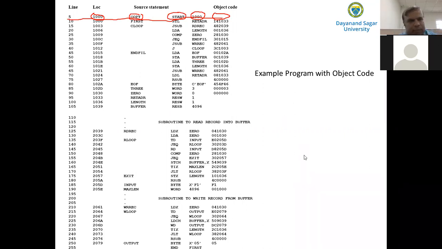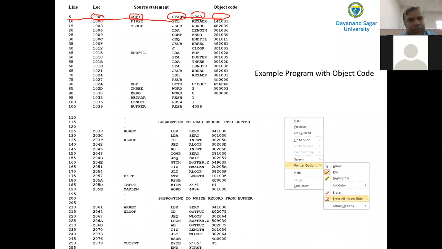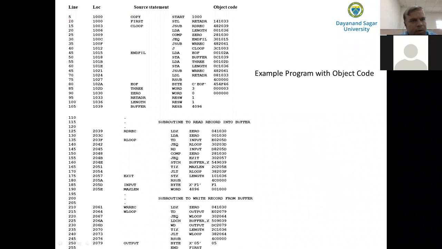Then what is the second line, the instruction at line number 10? At line number 10, we have an instruction called STL, which stands for store linkage register, with the operand RETADR. As I said, in pass one the assembler assigns machine addresses to all the statements.